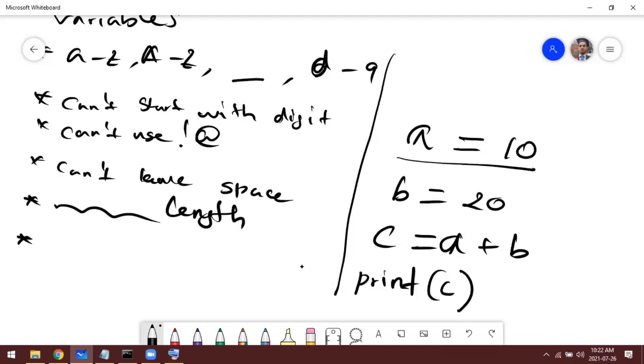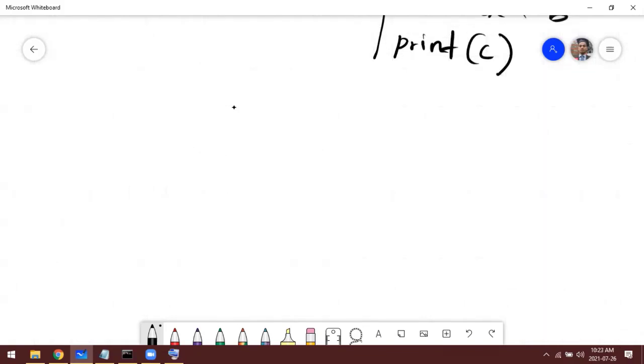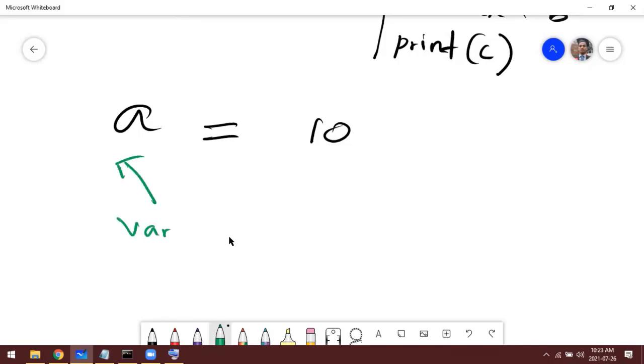Okay, give me 1 minute. I will take this here. A is equal to 10. Here, this A is the variable name.